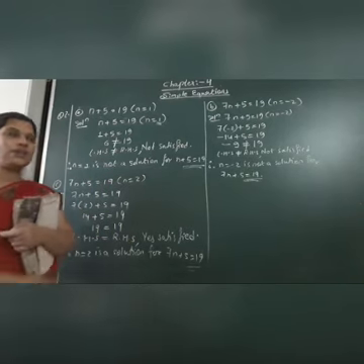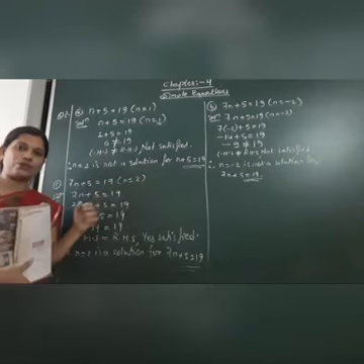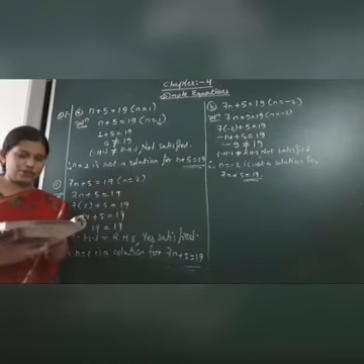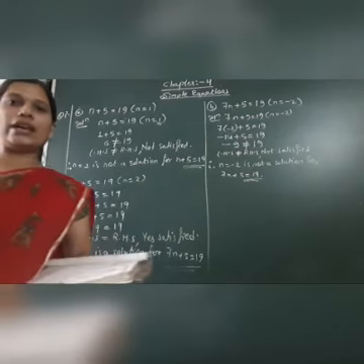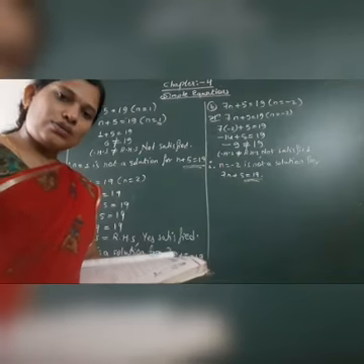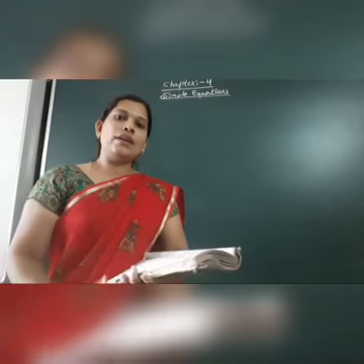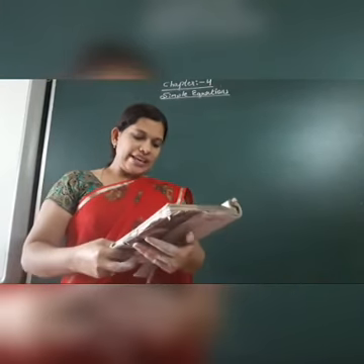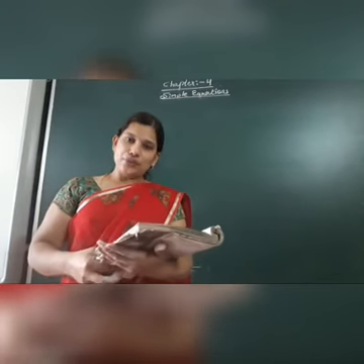Clear up to here? So here our question number 2 is over. We will see the next question, question number 3. Clear everyone? Have you understood? If any doubt is there, students, please ask me through WhatsApp. Now D, E and F parts are left, try to do them on your own.